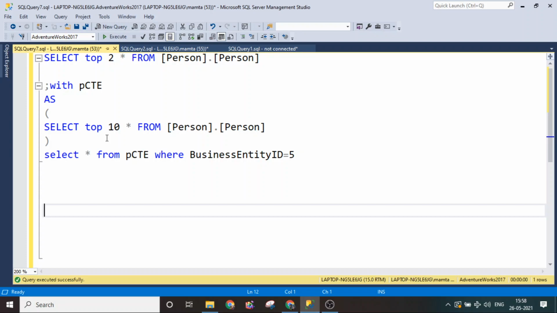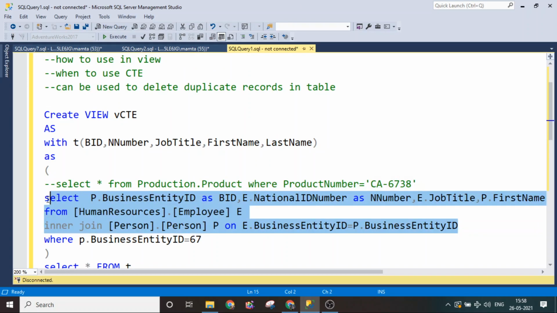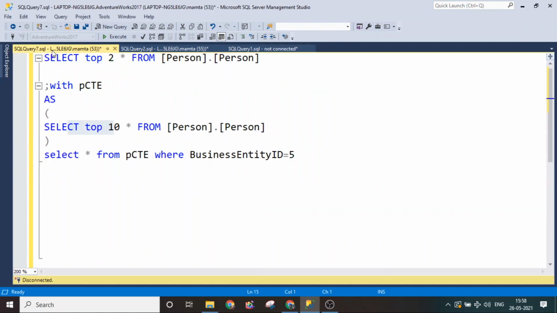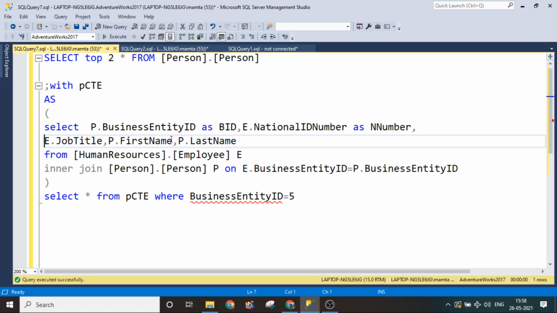Now we can create a view with the view command, but how we can use this CTE, common table expression, to create a view, that's what we are going to learn here. This is only one table from where we are fetching records. I have one query here where I have two tables and I'm extracting the records from both. I have already created this to save some time. These two tables are available in the Adventure Works 2017 database. First is the employee table and second is the person table.